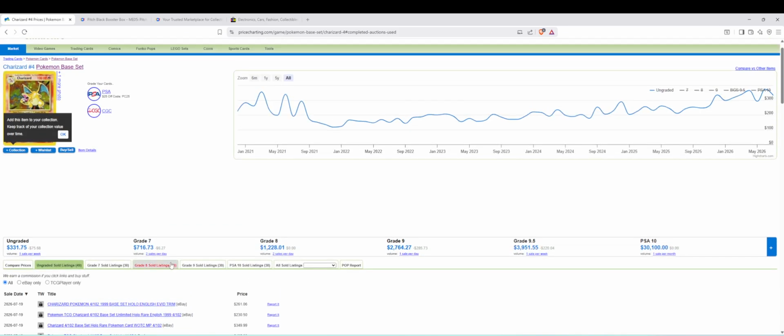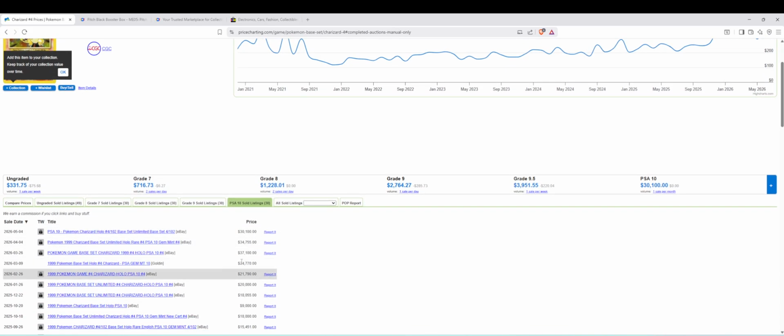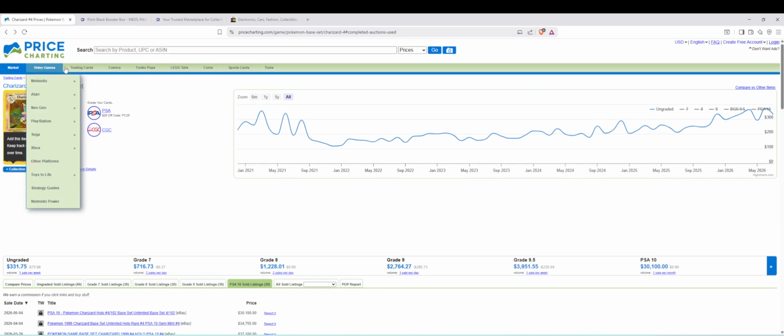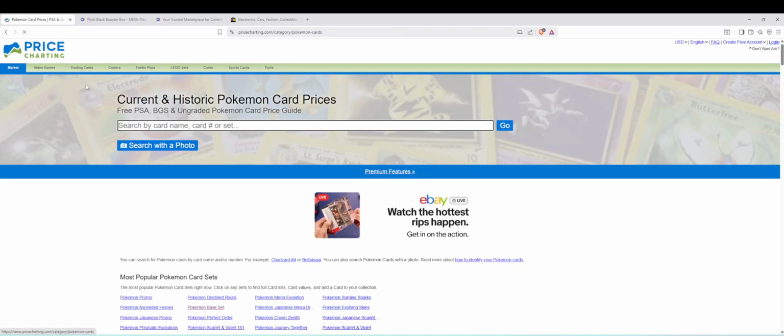Okay, perfect. PSA 10s. The last one was sold for $30,000 on eBay. Jeebus. Right? So that's pretty neat. So if you have older sets, trading cards, Pokemon cards,